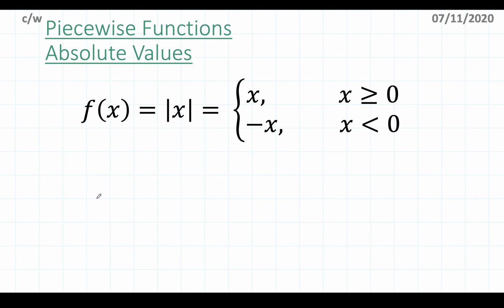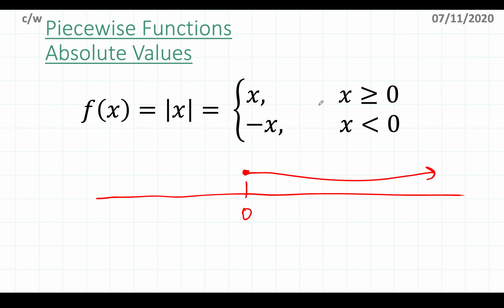So what it basically says is, let's just do a number line here with 0. If my x is from 0 and above, this is my input, okay? And this is the function. Remember, each line represents a function. If my input is all these positive numbers, then my output will just be the number itself. Nothing's going to change. However, if my input is these negative numbers,